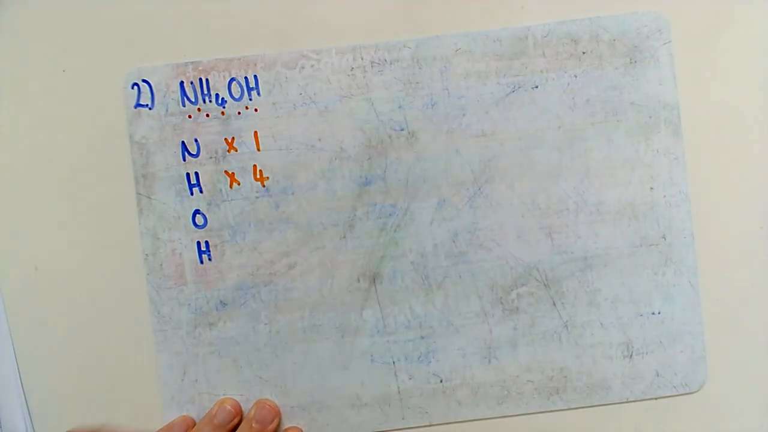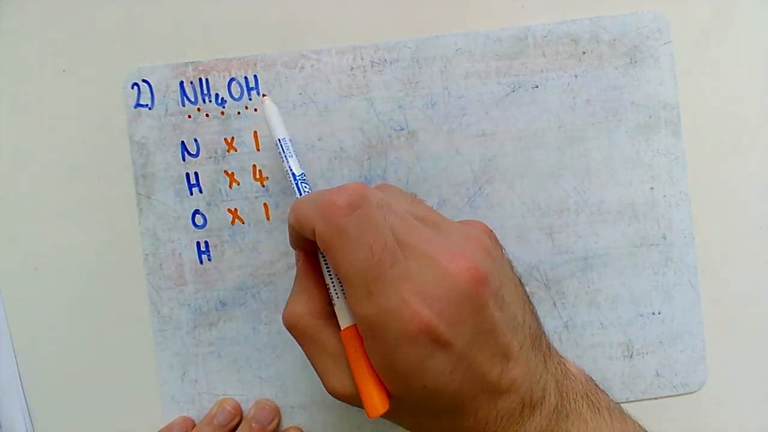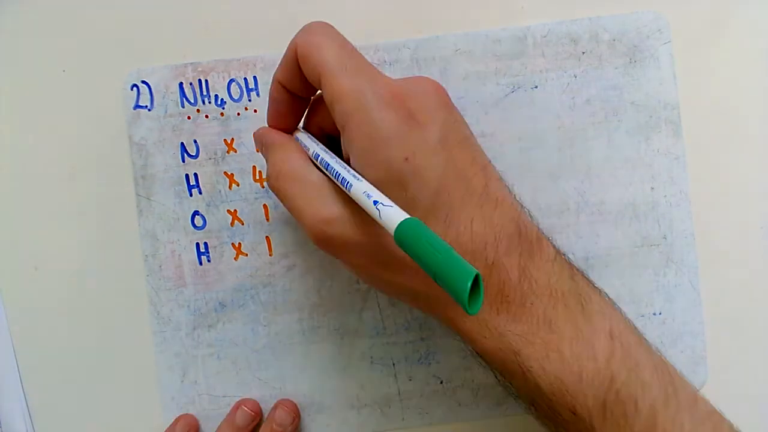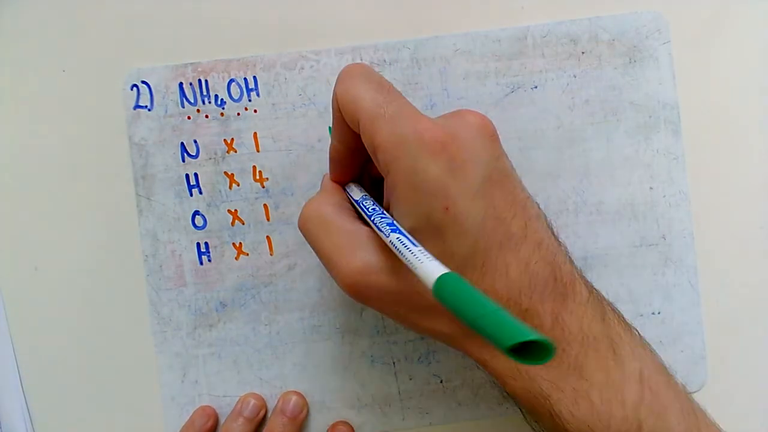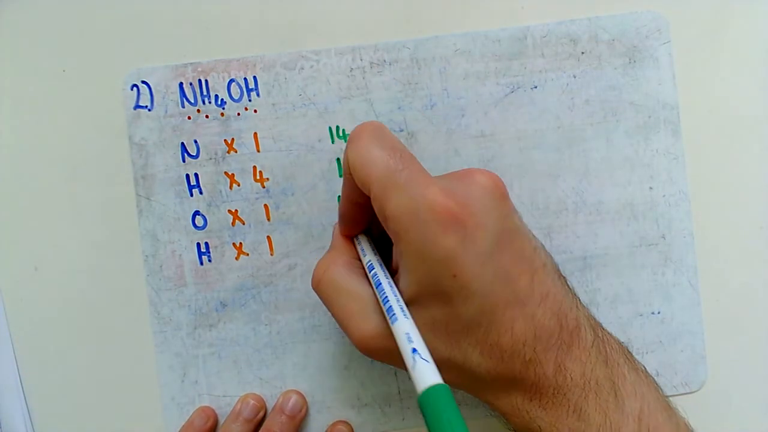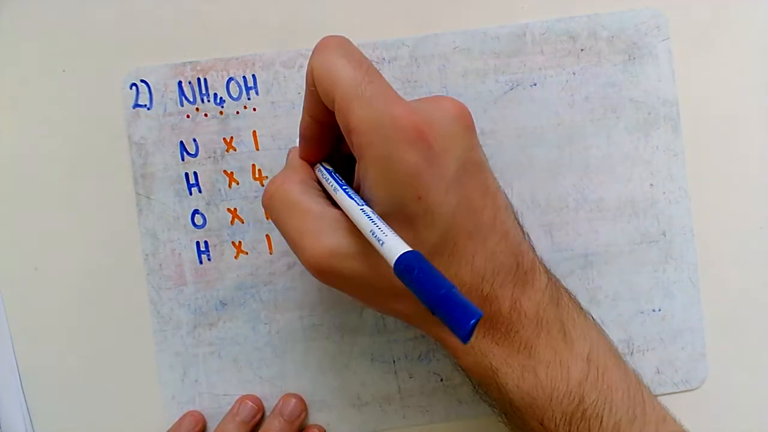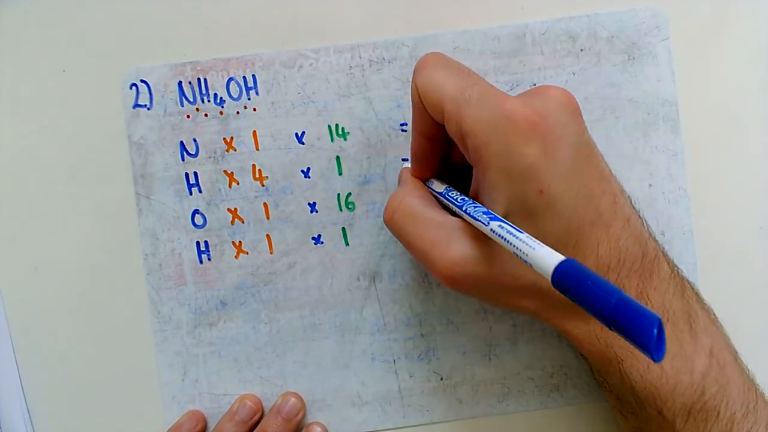Oxygen, no number, so that's a 1. And this final hydrogen, that has no number, so that's just times 1. Then what I need to do is look up the masses from page 7 in the data booklet. I see that nitrogen is 14, hydrogen is 1, oxygen is 16, and hydrogen is 1. And then I multiply these numbers together, and that gives me